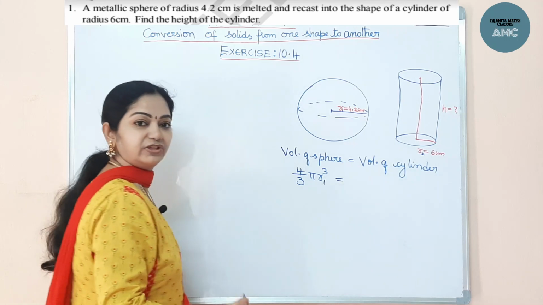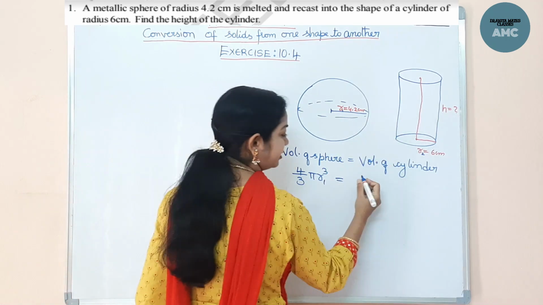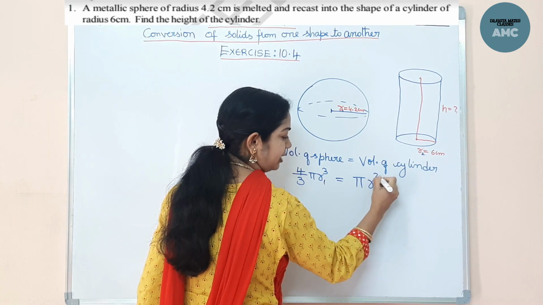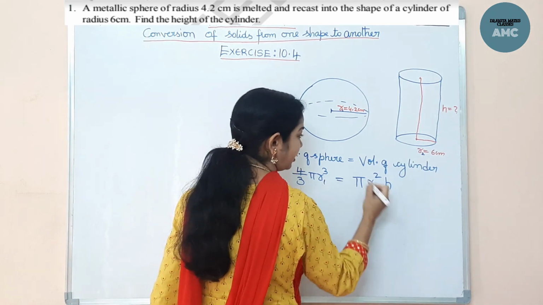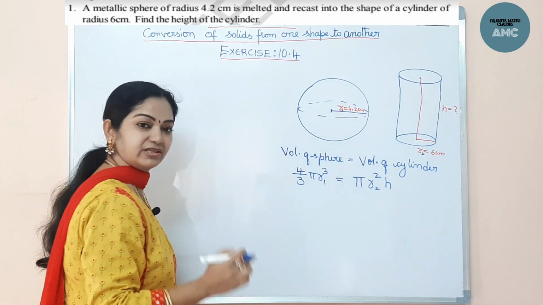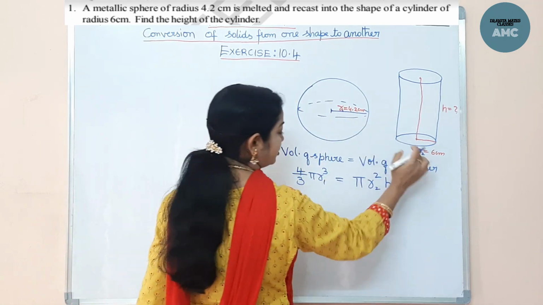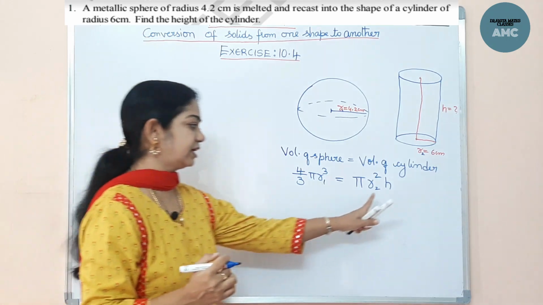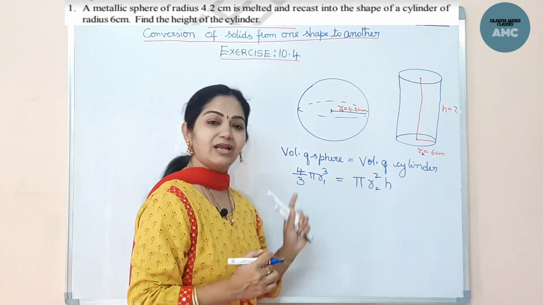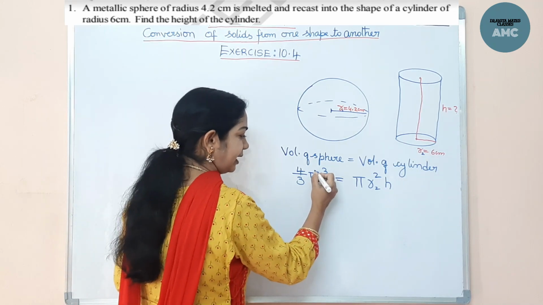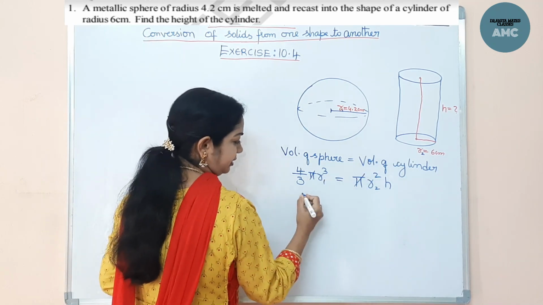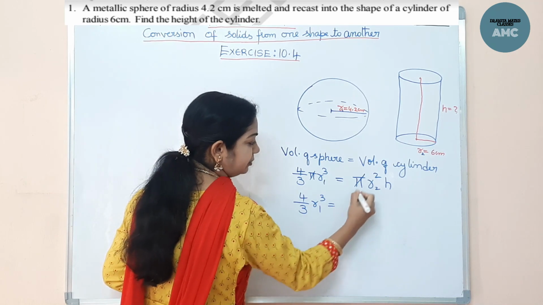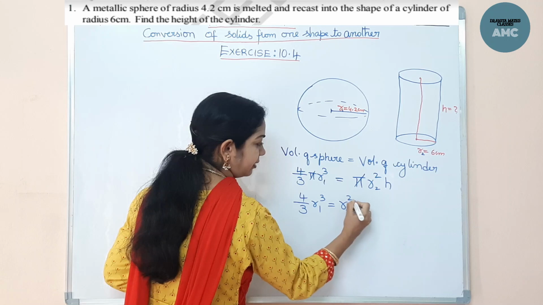Now the volume of the cylinder is pi r square h. So this is R2, no? R2 square h. Why am I writing 1 and 2? Don't get confused, because they are not having the same radius. So R1 and R2 I have mentioned. Now we will substitute. Although here we should know the h value. We know the pi value is standard, so we can eliminate pi on both sides. Now 4 by 3 R1 cube equals R2 square h.